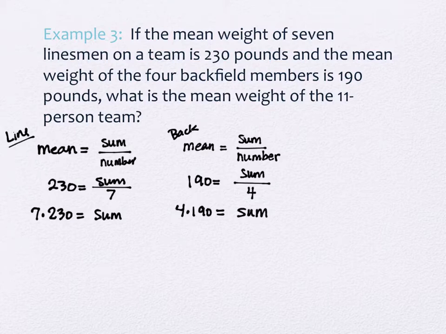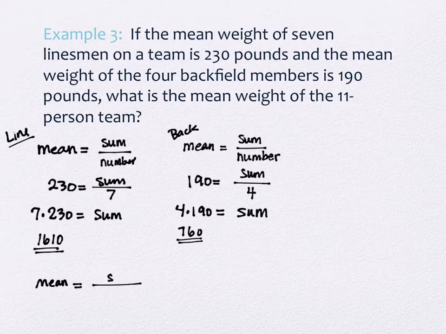So what is 7 times 230? How much? 1610. So we're going to use that in a moment. And what about the 4 times 190? 760. So what I really want is the average weight of the entire football team. How do I do that? Well, it's the same thing. It's the mean